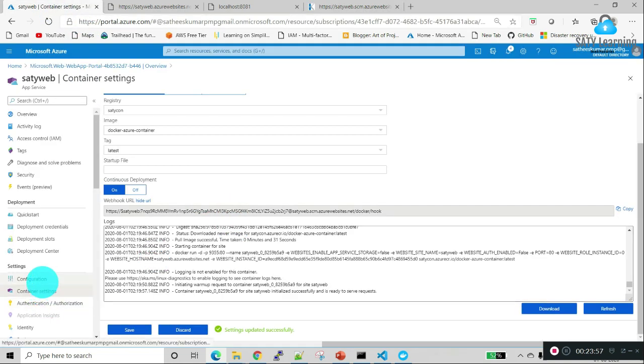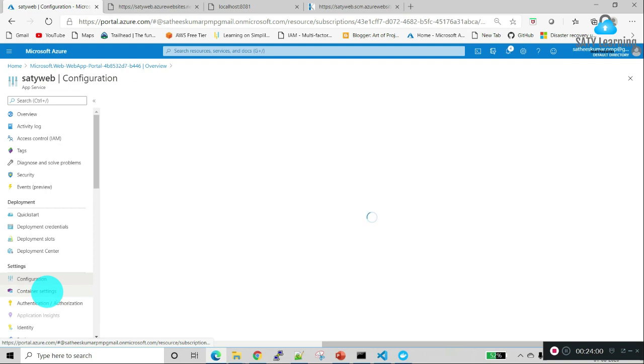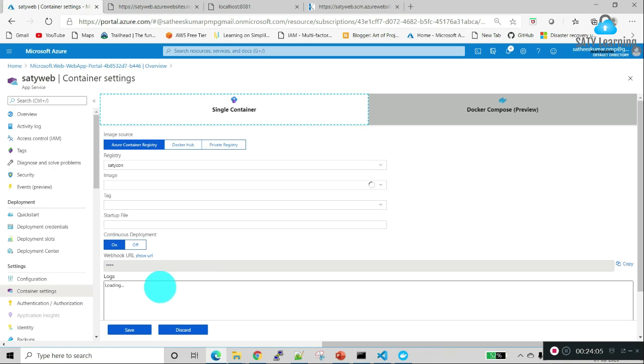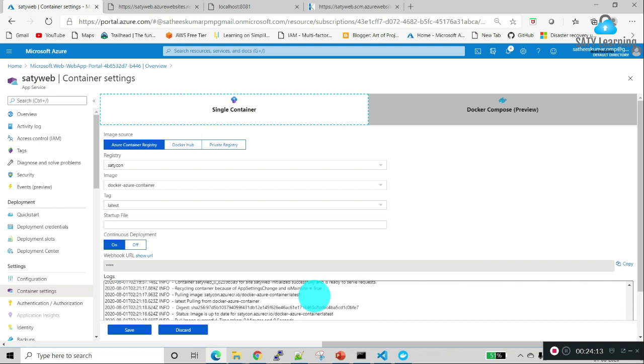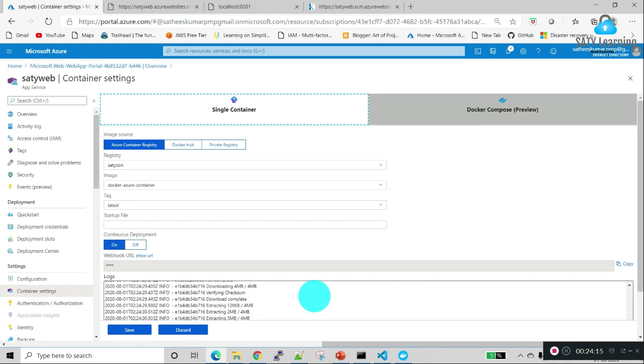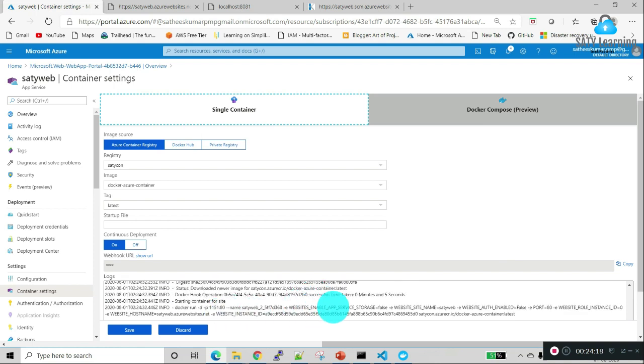So now we will go and check our log again. So the log is loading. So now we can see the changes. The new changes are deployed. So now we can see the new changes are deployed. With the timestamp we can get the detail. So now let's go and run this updated code. So now we can see version 3 is updated.